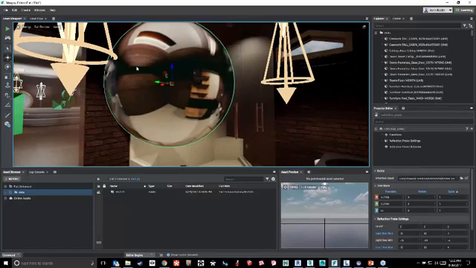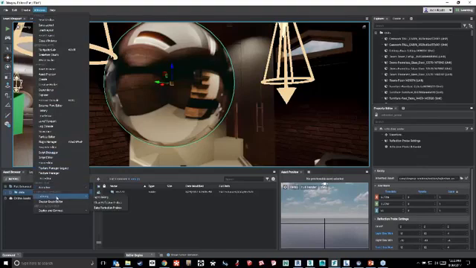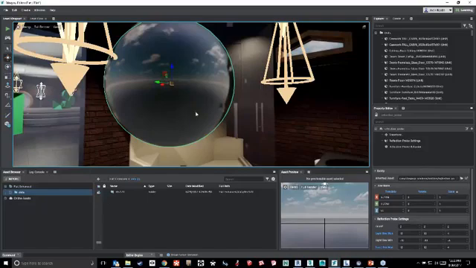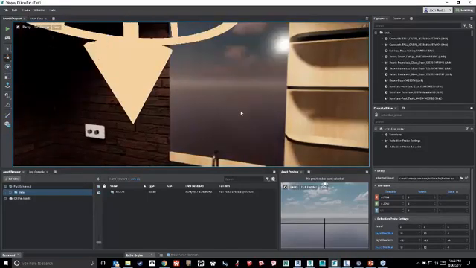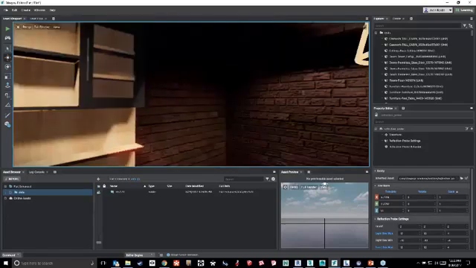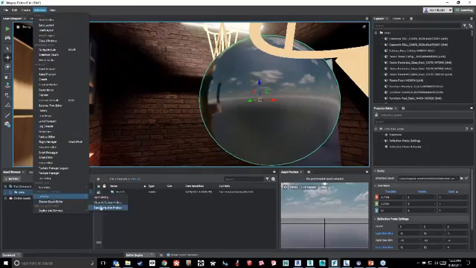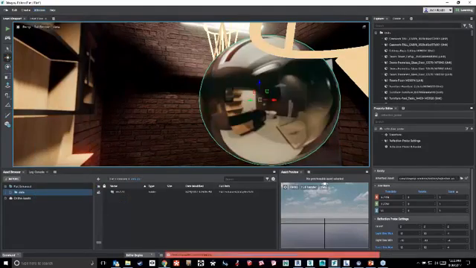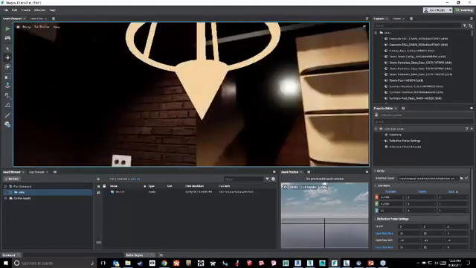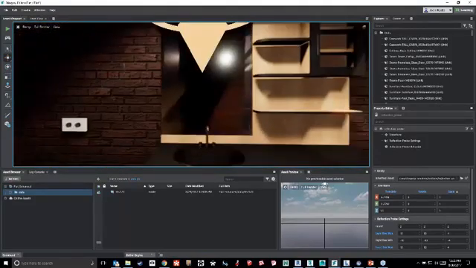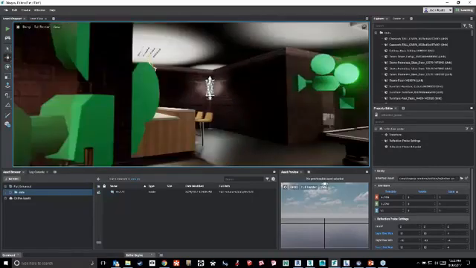But these reflection probes essentially send out a ray and bounce back the color that it sees from this circular area. And if we go to the lighting window, and I'll go ahead and clear the reflection probes now, you see now we don't have those reflections coming out of the mirrors. That's because I've cleared the reflection probes. But if we go to Window, Lighting, Bake Reflection Probes, suddenly you've got those real-time reflections going on. And that's just one of the many visual capabilities that Stingray allows you to do,